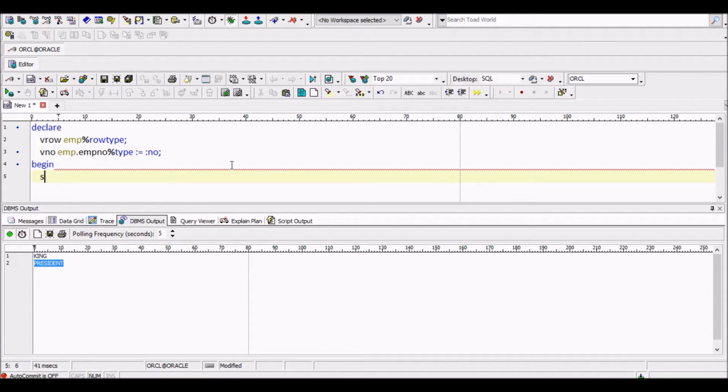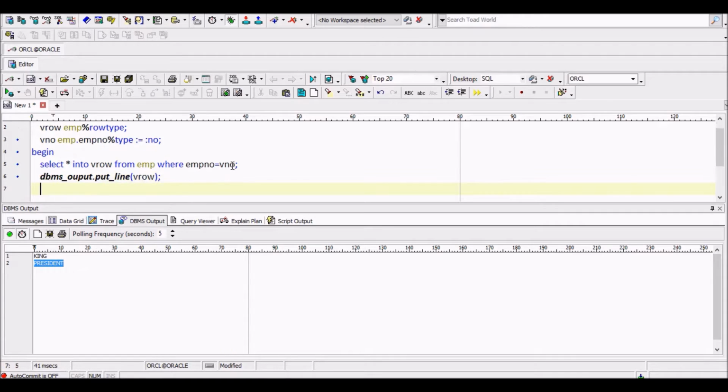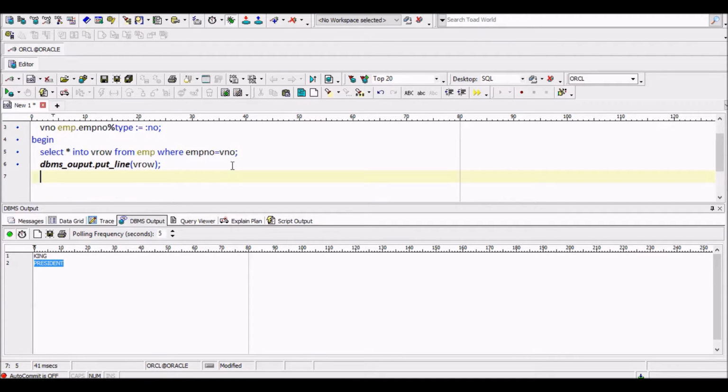Begin, select star into, this is the select into clause, v_row from emp where emp number is equal to v number. dbms_output dot put_line, v_row.